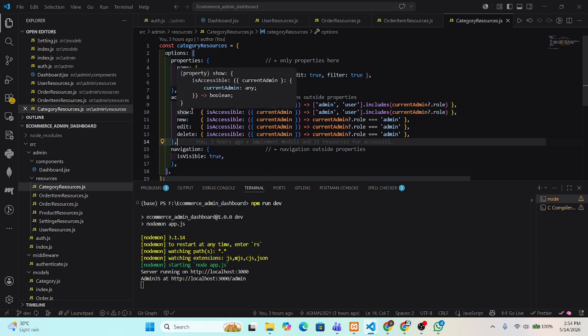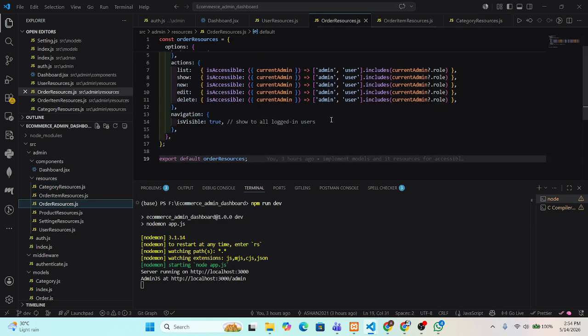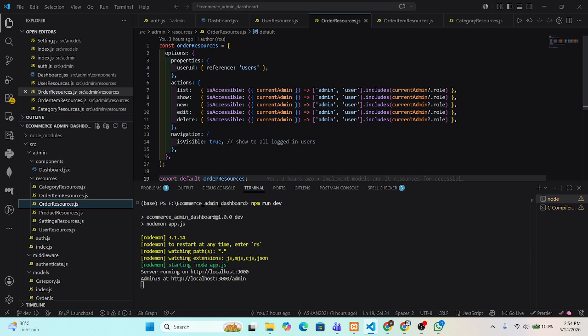The list action is given to both admin and users, but the new, edit, and delete actions are given only to admin. In the category and order sections, both admin and users are given all actions.